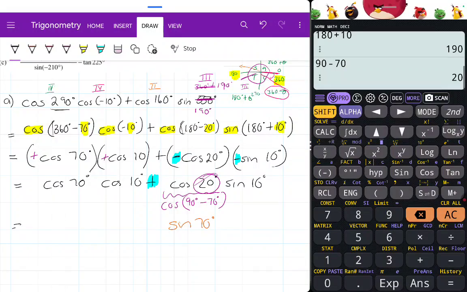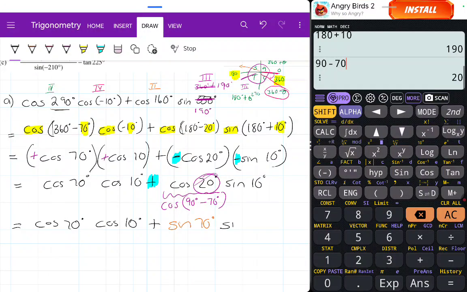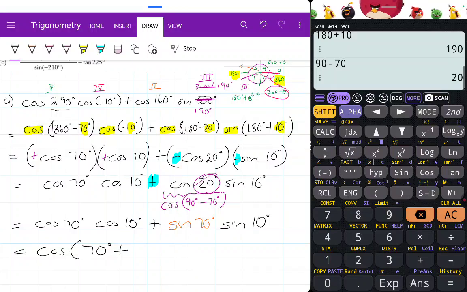So now I can rewrite this as cos 70 cos 10 plus sine 70 sine 10, and that in itself is cos cos sine sine. Whoop-de-doo, this is brilliant. We now manage to prove cos of 70 plus, no, because the sign changes, right? If it is cosine, the sign will always be different. So it is minus 10, which means we're sitting with